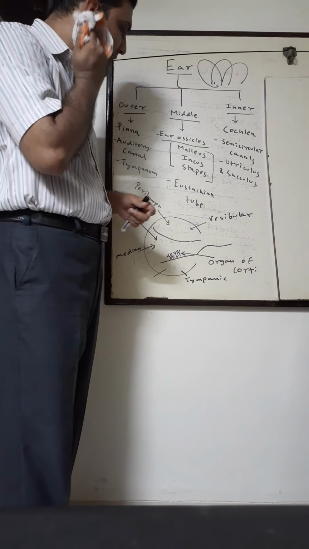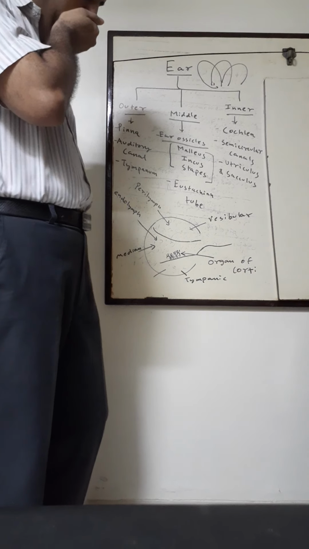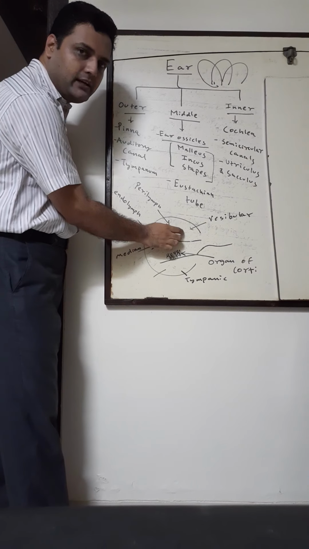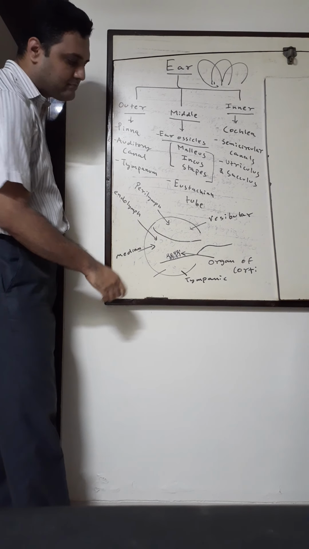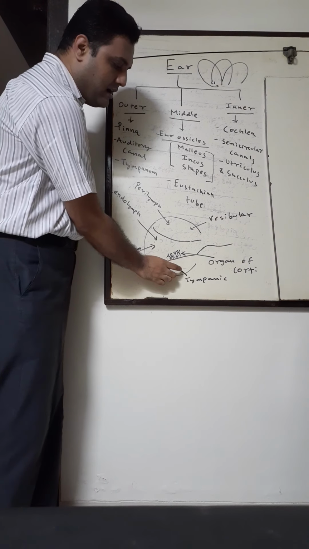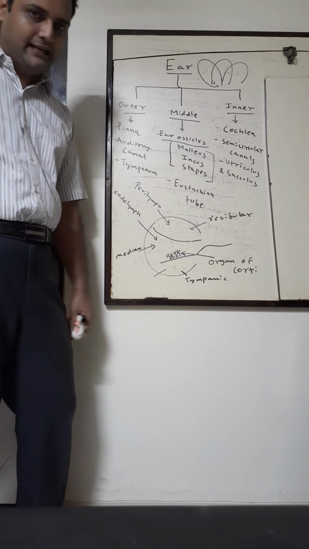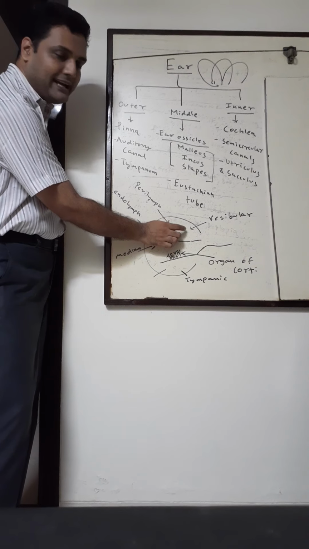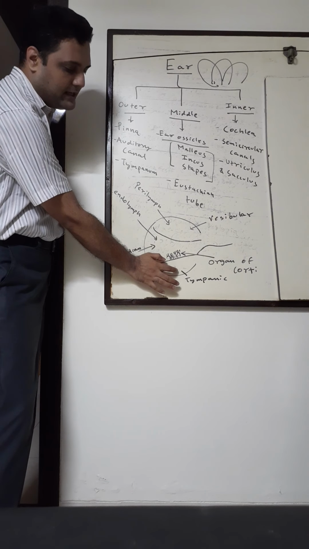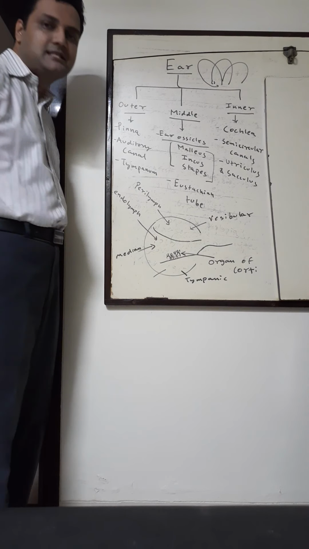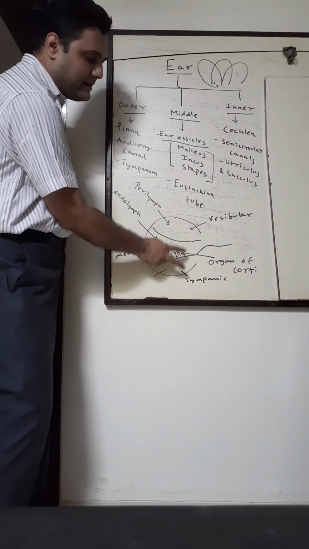Cochlea, a very important part. If you do a cut section of the cochlea, you will see three canals. The one which is facing the inner ear is called the vestibular canal. The one which faces the outer ear is called the tympanic canal, and the central one is the median canal. So vestibular canal towards the inner ear, tympanic canal towards the outer ear, and in the middle is the median canal. The median canal contains fluid and these two also contain fluid.